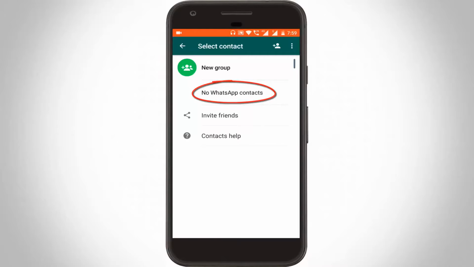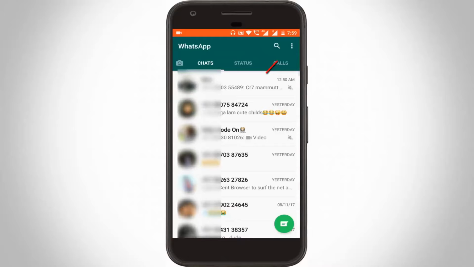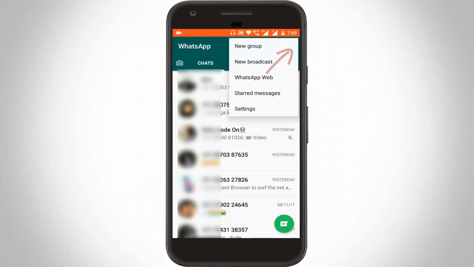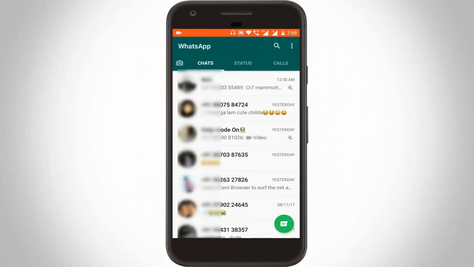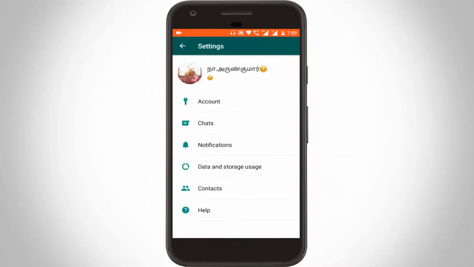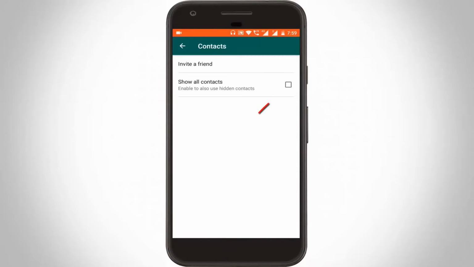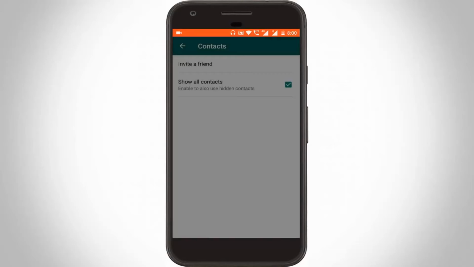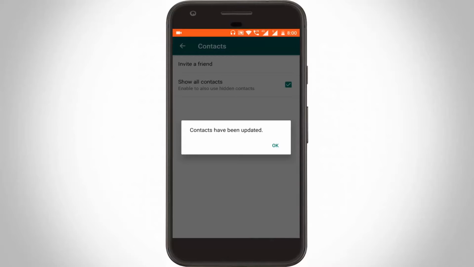So first of all, you can go back one step, then you can click this three-dot icon, then go to settings. Here you can go to contacts, and here you can click to enable this option, show all contacts. So click to enable it, then it shows please wait a moment, and my contacts have been updated